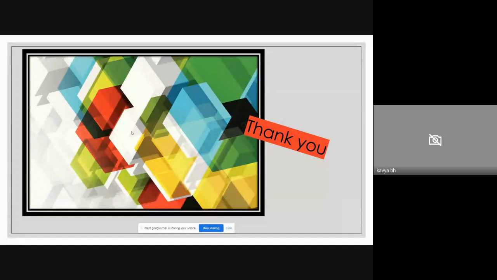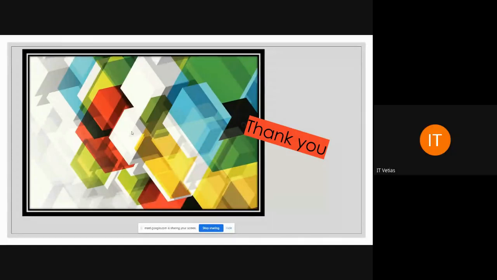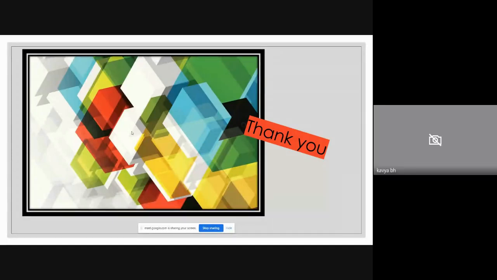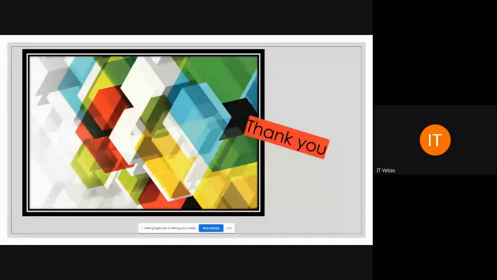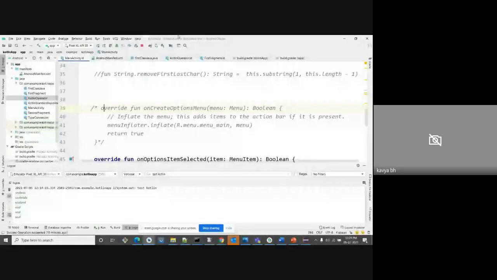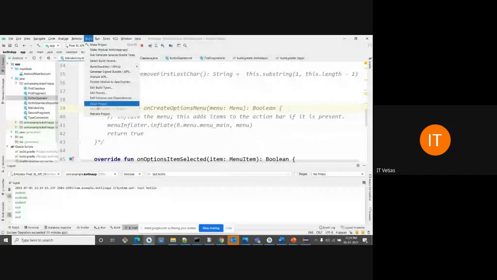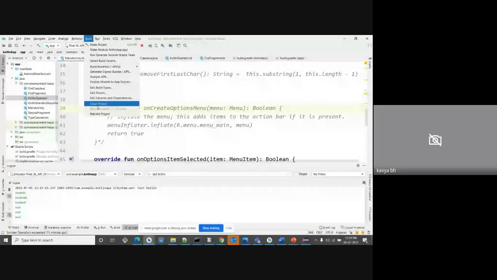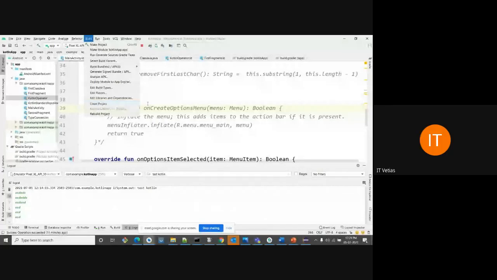And I told you that because there is very little coding in Kotlin, compilation speed is fast, but when it comes to a clean build, in Android Studio we have a build option. A clean build removes the unwanted files, everything, and then builds. If you do this with Kotlin, it takes too much time compared to Java. This is one disadvantage of Kotlin.